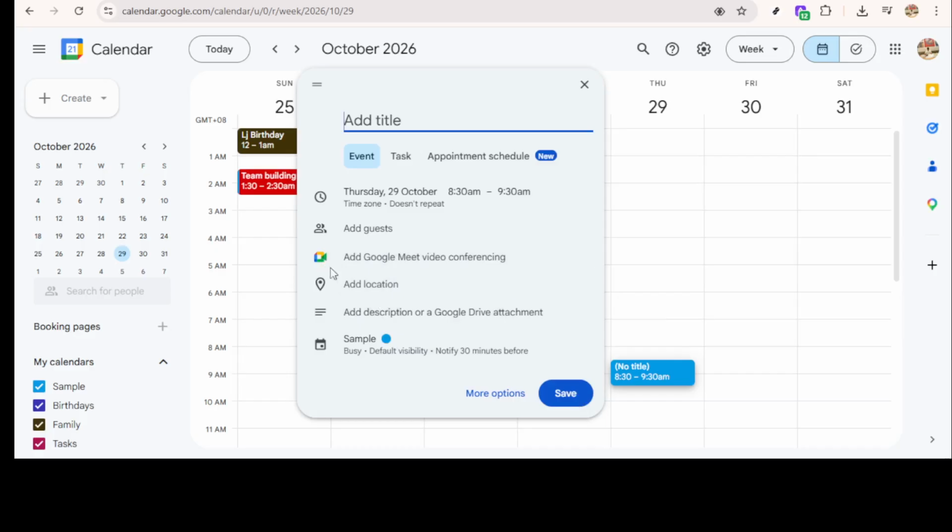By default, it may show Google Meet. Click that drop-down and choose Zoom Meeting. If you see an Add Conferencing button instead, click it and select Zoom. As soon as you pick Zoom, the add-on generates a unique Zoom meeting link and embeds it in the event